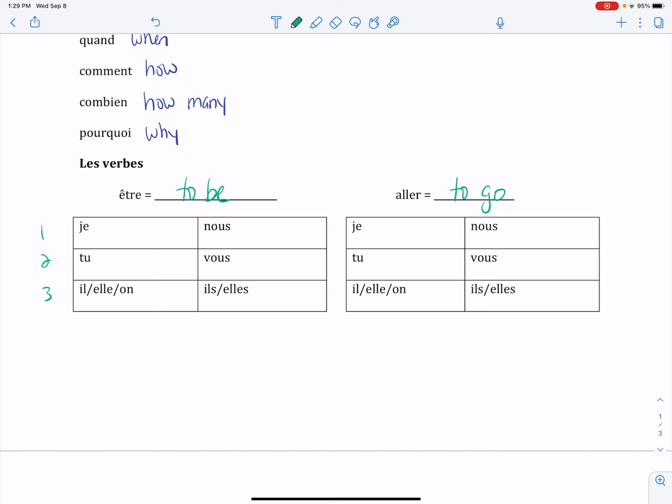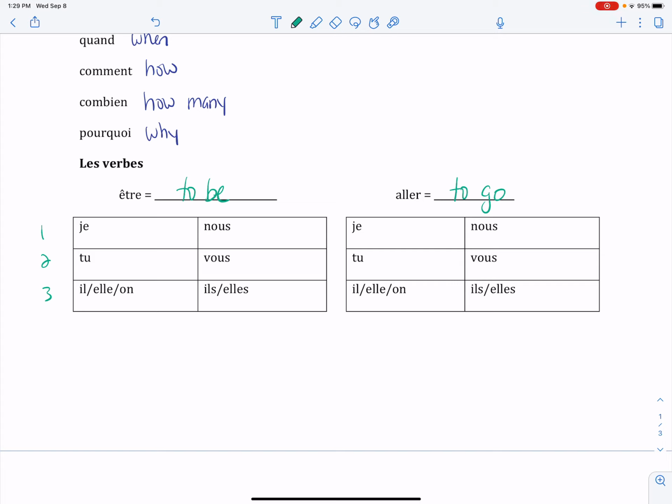So the first person is when I am talking about myself. Particularly in the singular, there's one person involved. It's me talking about me. So that's why it's called first person. The second person is me talking to you about you. So there are two people involved in that, me and you. The third person is when it's me talking to you about somebody else. So three people involved, me, you, and the third person.